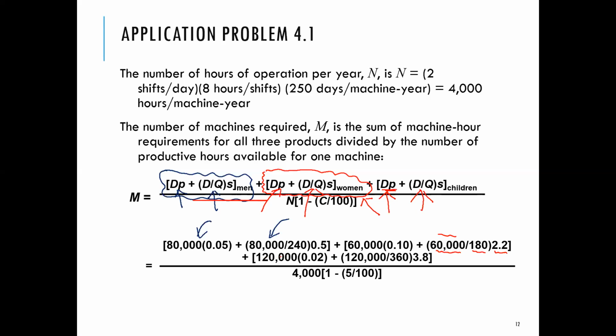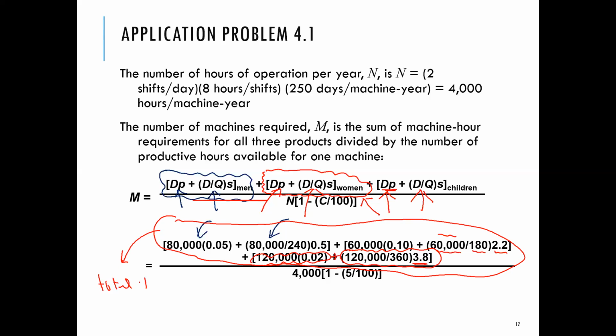So basically 120,000 was the demand, 0.02 hours is the processing time. So this is the amount of time needed to make children's sandals, plus this is the amount of time needed to set up the machine to make the children's sandals. So again, demand divided by the lot size will give you the number of setups needed for children's sandals times how much time is needed for each setup. So then we add all of them up, and this numerator on the top, this whole thing, gives us the